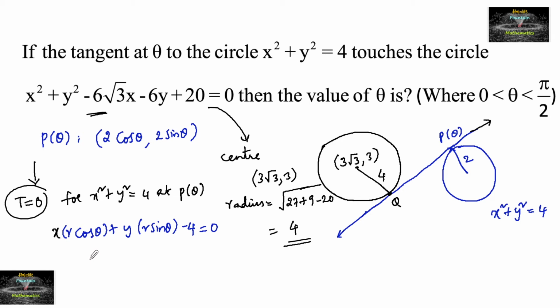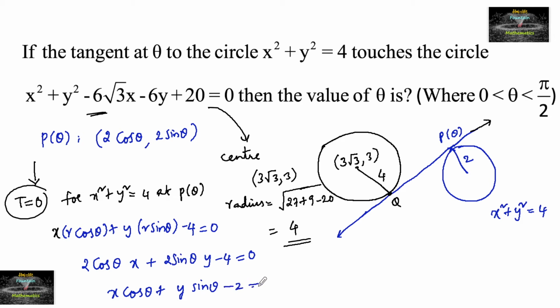That is x into 2 cos theta, that is 2 cos theta x plus 2 sin theta y minus 4 equals to 0, or we can write x cos theta plus y sin theta minus 2 equals to 0. So this is the tangent equation,